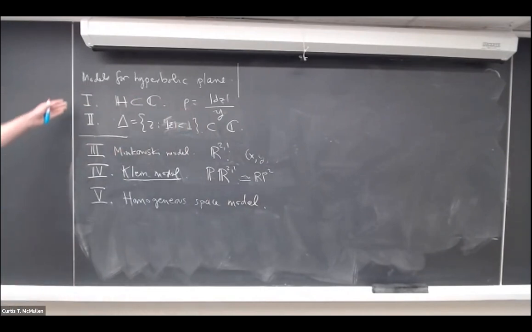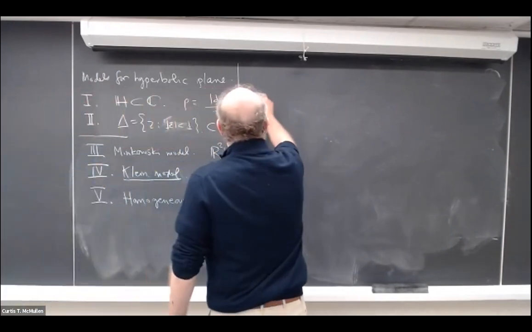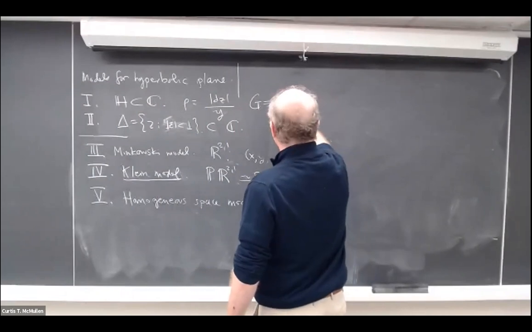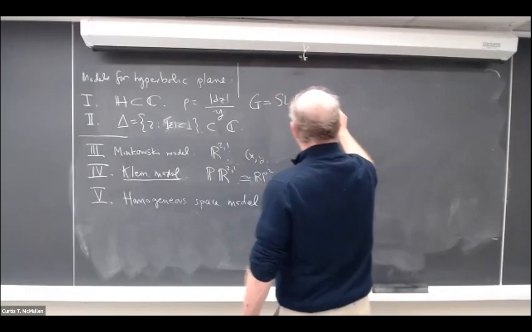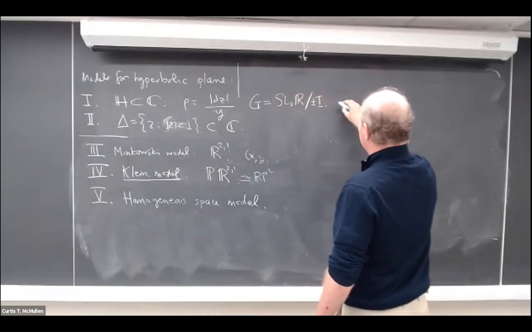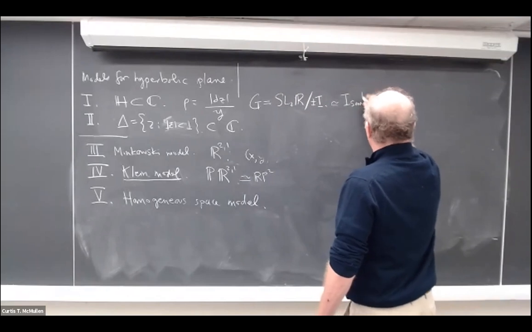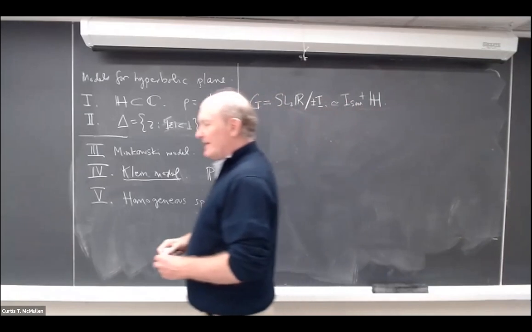So let's go back to our first model. We have the hyperbolic plane, we have this metric, and we have its isometry group. So we let G be equal to the isometry group, which is SL2R mod plus or minus the identity. Or more intrinsically, we think of G as being the isometry group of the upper half plane. And now, within this group,